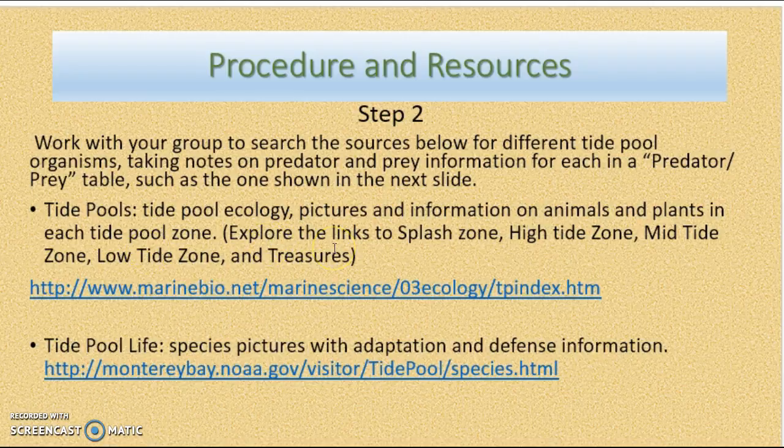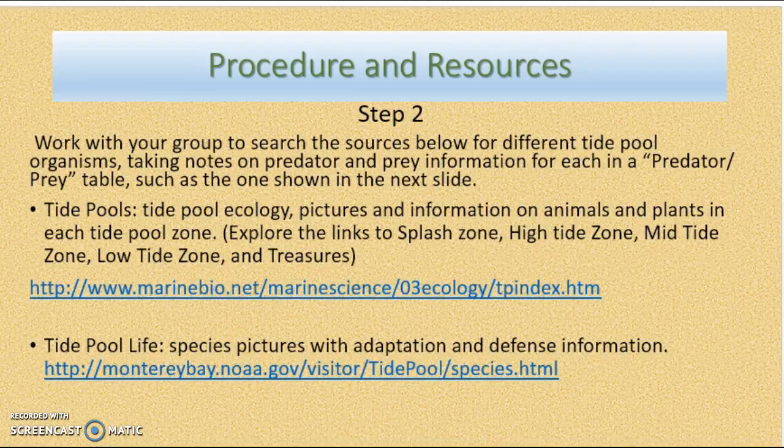So make sure on this source right here to explore the links. All of these are separate links. You'll see it when you get in there, because there's lots of different creatures that will appeal to different ones of you. And so if you look at them all, then you'll know which ones you want to learn more about, because you won't be able to fit them all in your